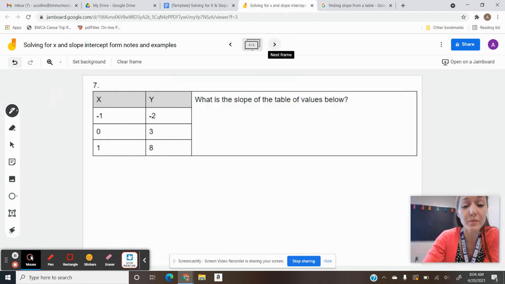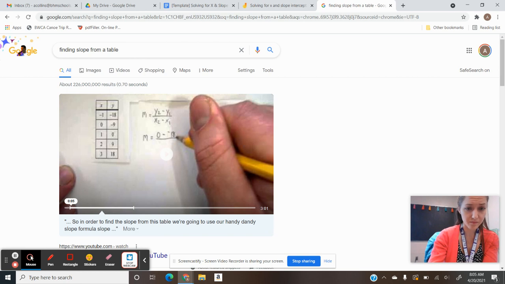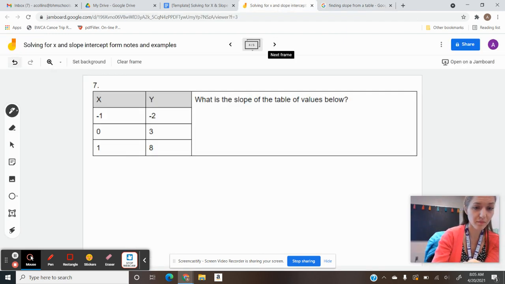Alright, moving on to number 7. For number 7, you're going to find the slope using just the table of values. So they don't give us an equation, but we're going to use this table of values to figure out the slope. And in order to do that, you are going to take 2 of the y numbers, subtract, find the difference, and divide them by the difference between 2 of your x numbers. Okay, so we're going to take this minus 2, subtract 3, divide that by minus 1,